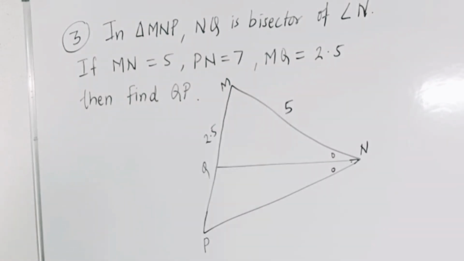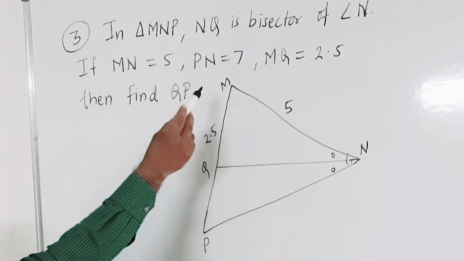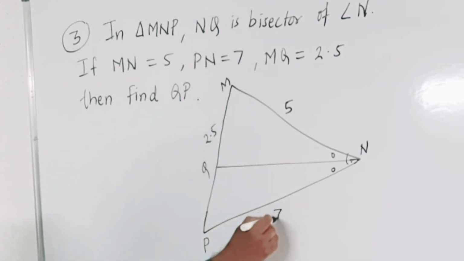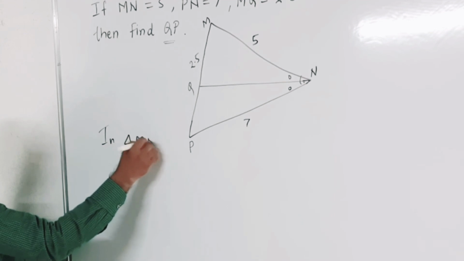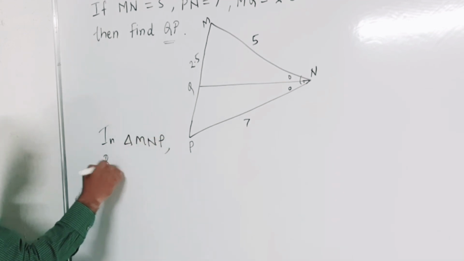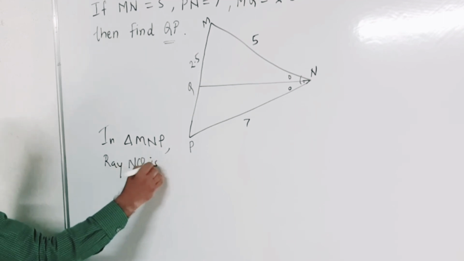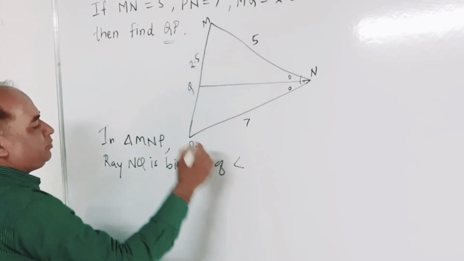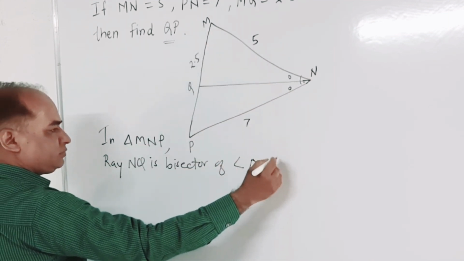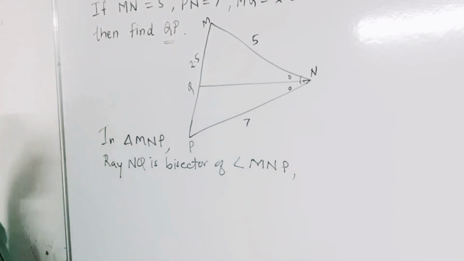Third example, in triangle MNP, NQ is the bisector of angle N. If MN is equal to 5, PN is equal to 7, NQ is equal to 2.5, find QP. You have to find QP. So here in triangle MNP, ray NQ is bisector of angle N. Therefore by angle bisector